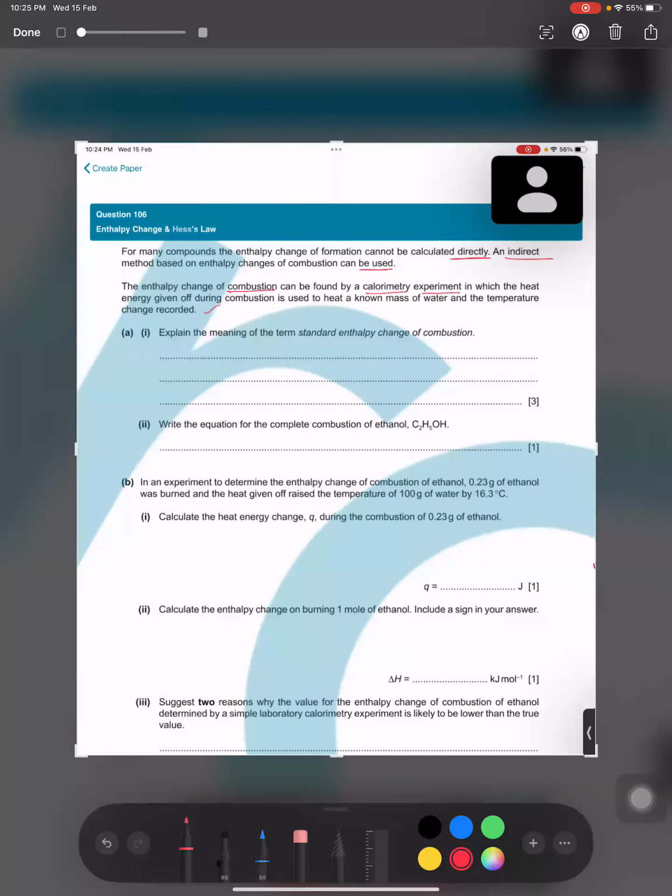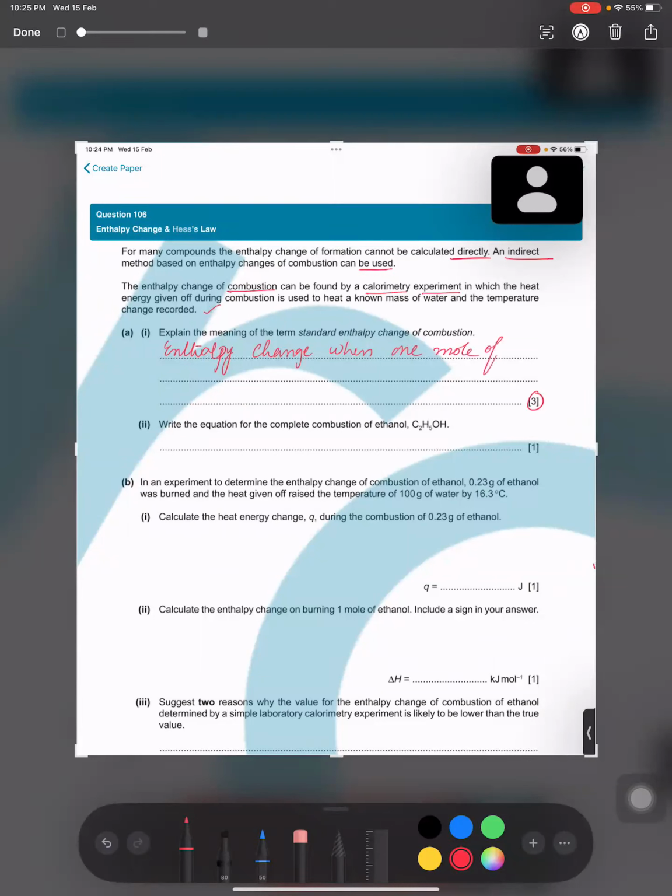And then they are saying explain the meaning of the term standard enthalpy change of combustion. It is of 3 marks. It is to be noted. It's very important to know. 3 marks, right? So you can say that enthalpy change when 1 mole